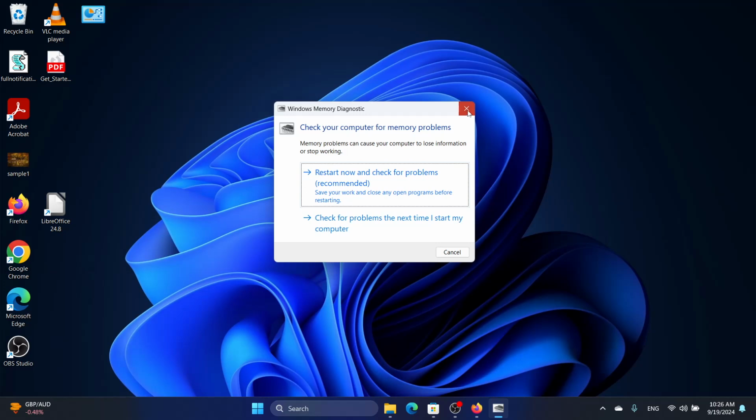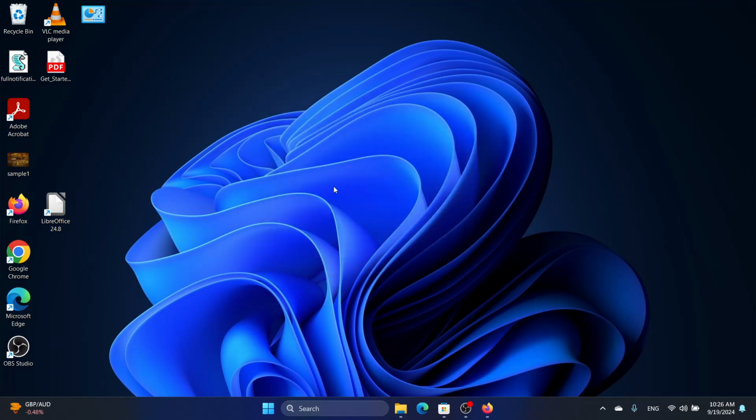So it will restart your computer, it will shut down the computer, run the memory check, repair any issues and then restart the computer, and you should be able to get rid of this "not enough memory" error while opening any app or program. But if that too doesn't work, then we can just restart the Windows but in the clean boot configuration. So for that we'll